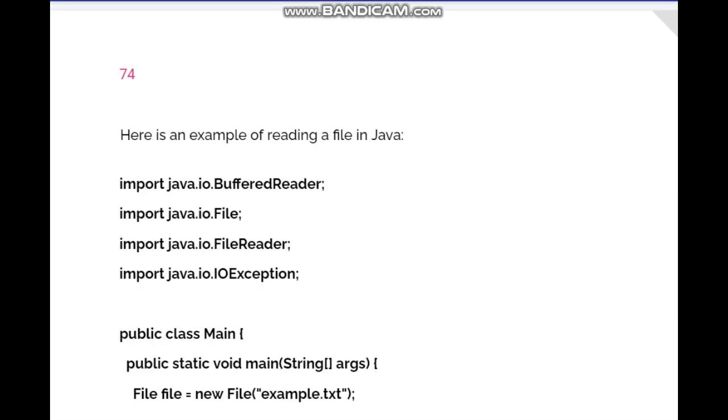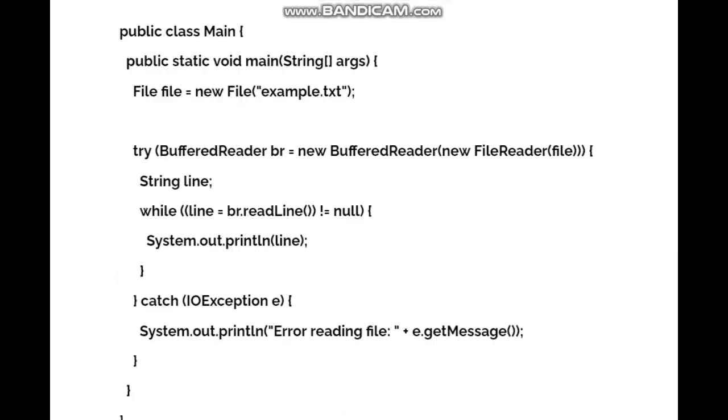Here is an example of reading a file in Java. import java.io.BufferedReader; import java.io.File; import java.io.FileReader; import java.io.IOException; public class Main { public static void main(String[] args) { File file = new File("example.txt"); try (BufferedReader br = new BufferedReader(new FileReader(file))) {